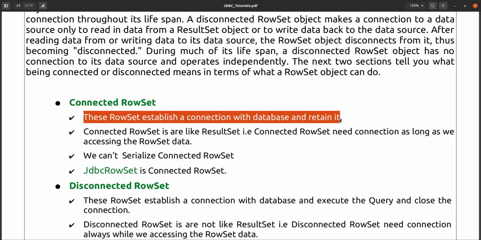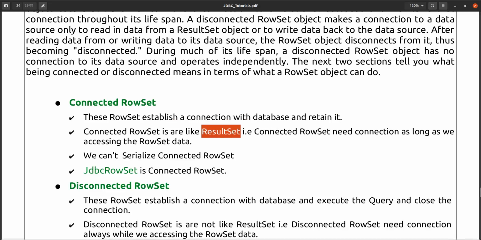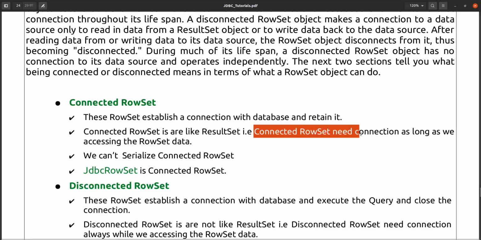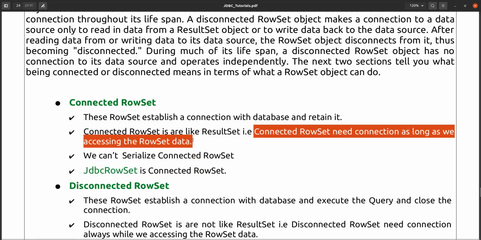A connected RowSet is like a ResultSet only. A connected RowSet needs a connection as long as we are accessing the RowSet data. So that is why it is a connected RowSet. We cannot serialize a connected RowSet at all. And JdbcRowSet is a connected RowSet only.